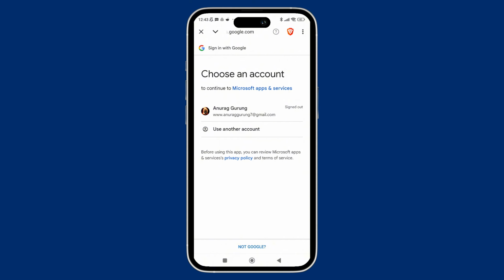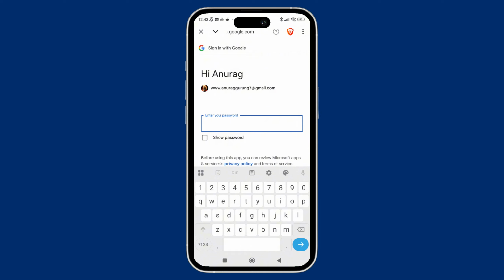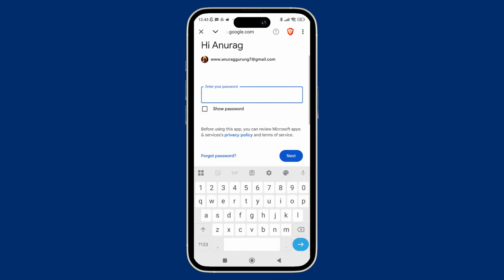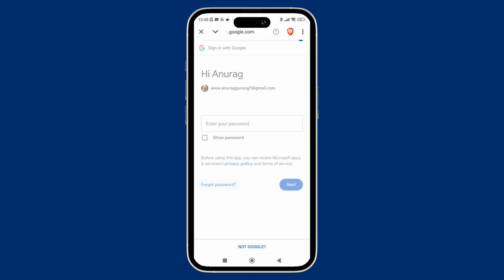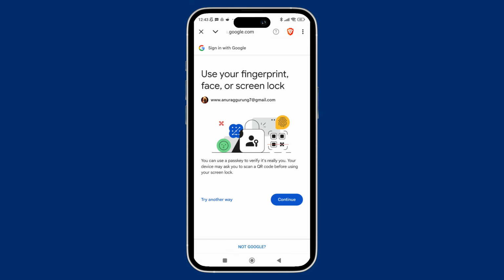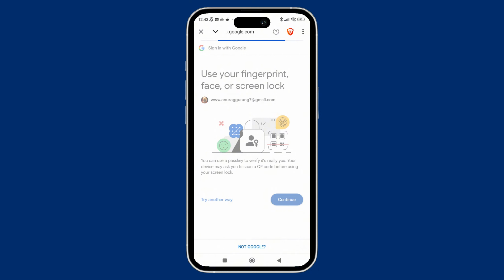Now here you can simply select your account, and after that, on the next page, you'll be prompted to enter the password. So here in this section, you can simply tap on Forget Password, and after that, you simply have to tap on Continue. Now here I currently have an authentication system in my device, but if you haven't, then